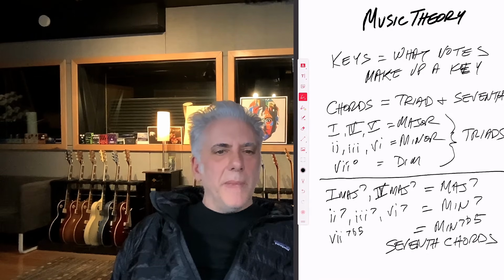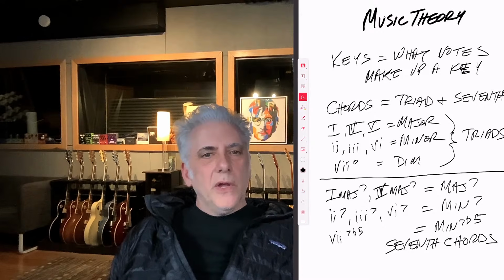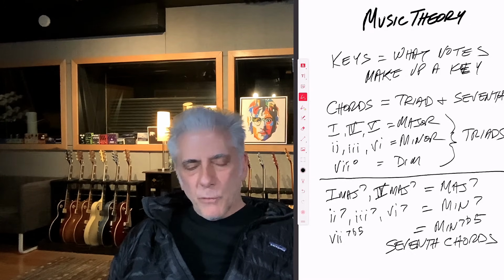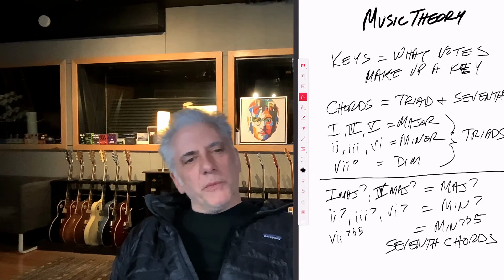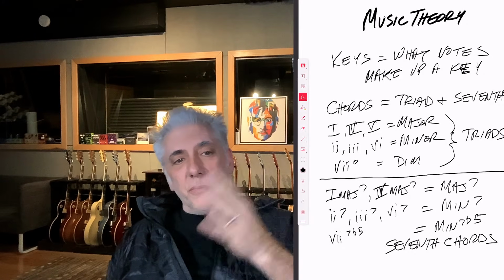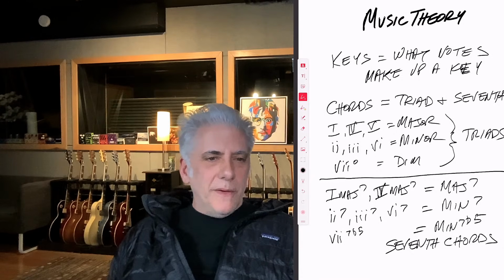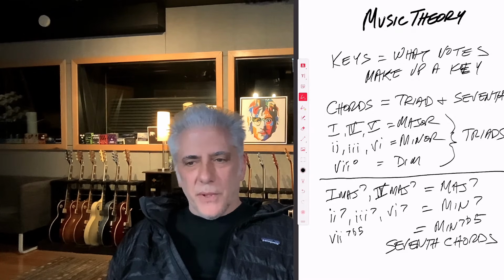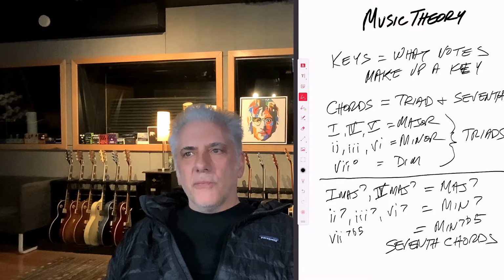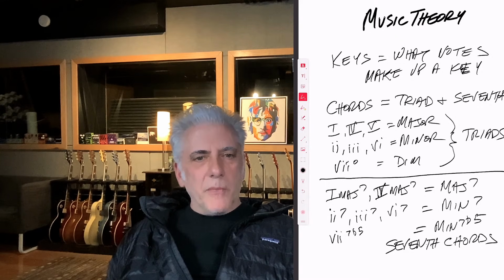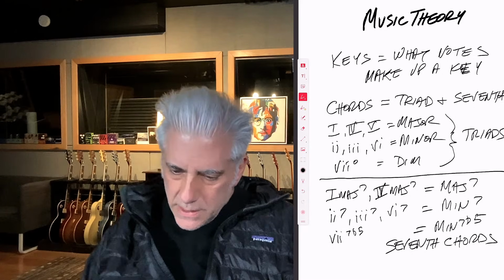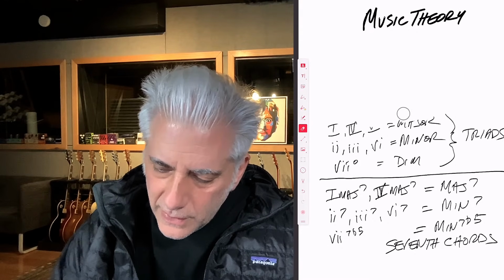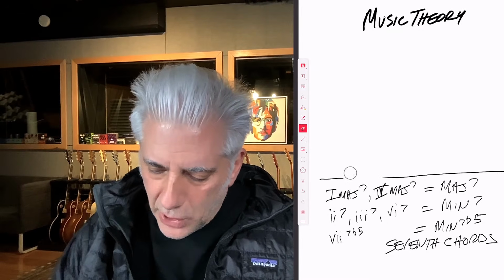Okay? And remember then that modes work with each chord. The one mode goes with the one chord, so that's Ionian. Ionian goes with the one chord. The two mode, Dorian, goes with the 2 chord. The 3 mode, Phrygian, goes with the 3 chord. This is that simple. This is just really pretty straight ahead stuff here, and it's memorization. All right, so those are keys. So we've learned chords, keys, and modes.